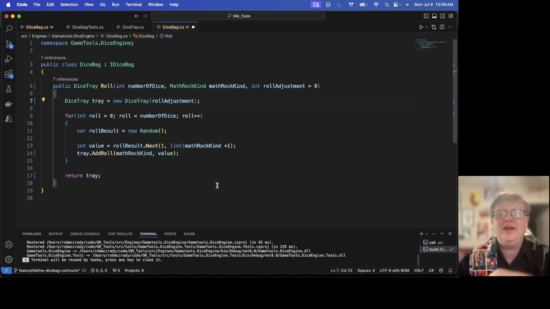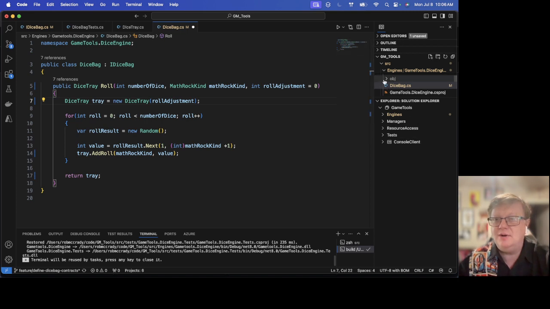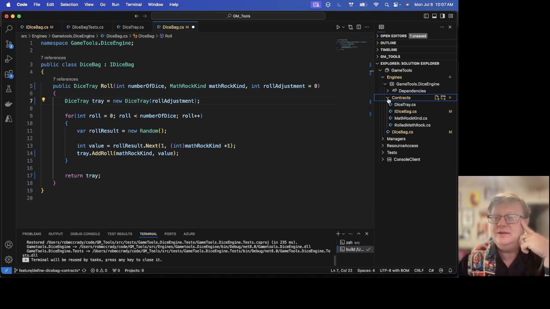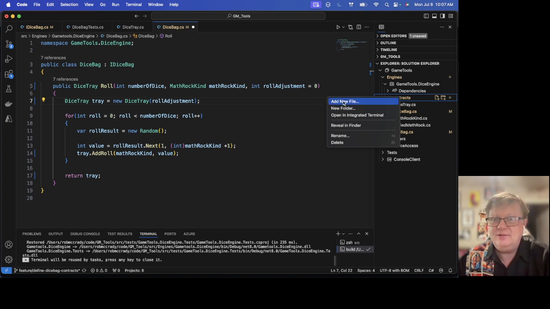So when we're rolling with advantage, that's a little bit different. We're going to need some sort of modifier to add that behavior. So up here, that's our folder view. Let's go into engines, contracts, and we need something that we can use to define the way we're going to modify our roll. So let's add a new file,